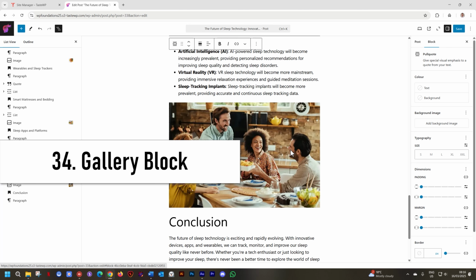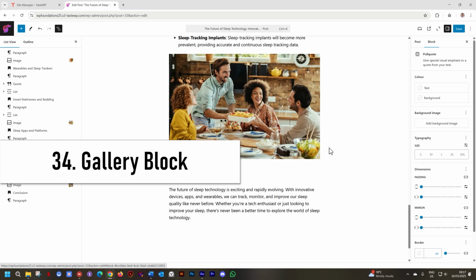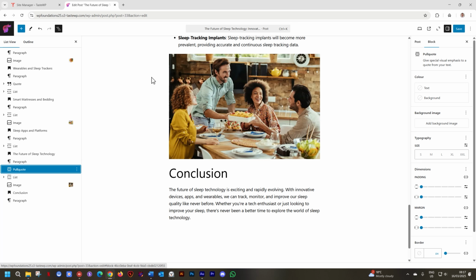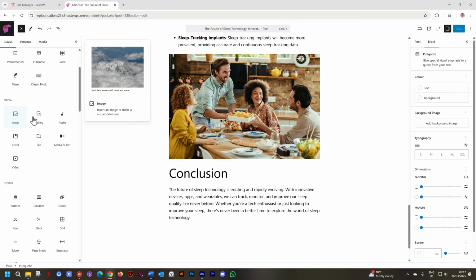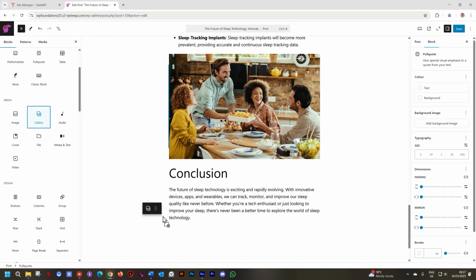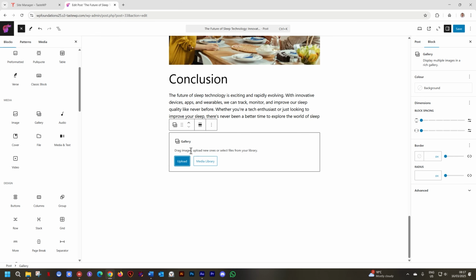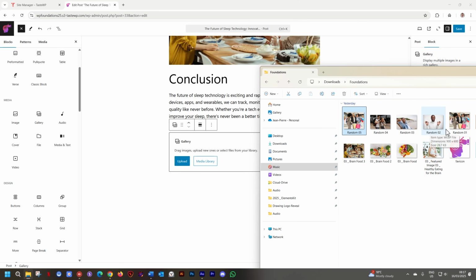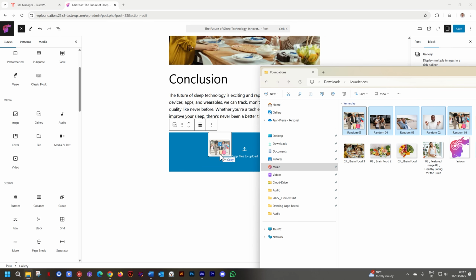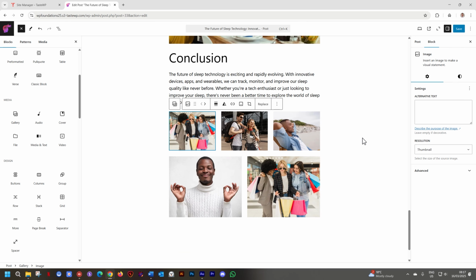We brought in images earlier, but you can do something more with images, and that is with a gallery. Let's go to our blocks, click here on the plus, and then media, and the second one next to image is a gallery. I'll click, hold, and drag the gallery block and drop it here, and then it will say upload or media library. By now, you can figure out that we can probably just drop the images here from our folder. I'll go to these five random images that I've created, select all five of them, click, hold, and drag them and drop them. And it creates a gallery for me.